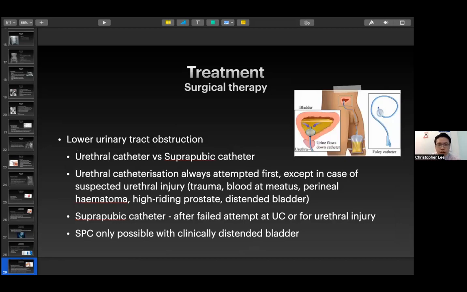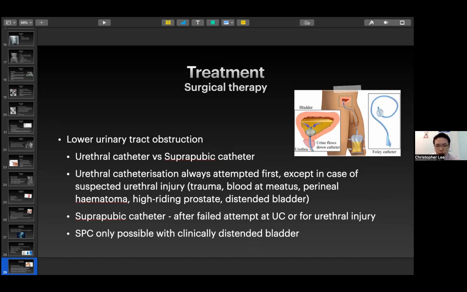So I've divided the surgical therapy into a lower tract and upper tract. The treatment for lower urinary tract obstruction is somewhat simpler and more straightforward. The options for treating this are a urethral catheter versus a suprapubic catheter. I'm sure most of you are very well versed with the insertion of a urethral catheter, and this is what we always attempt first,